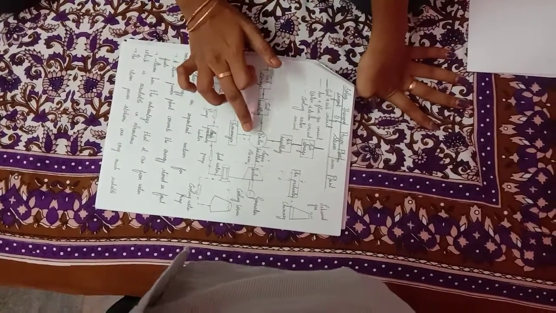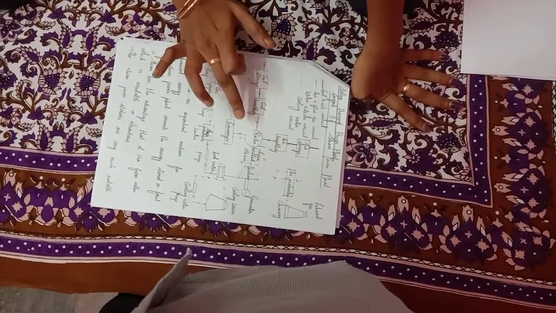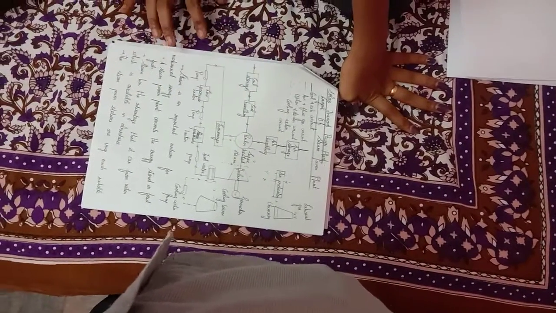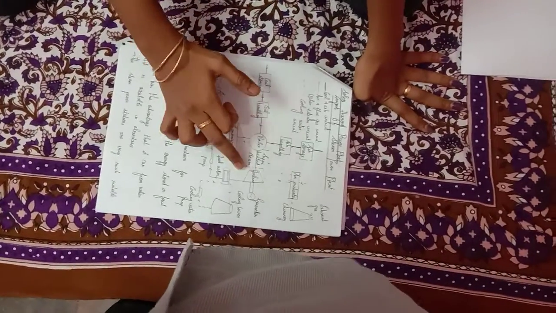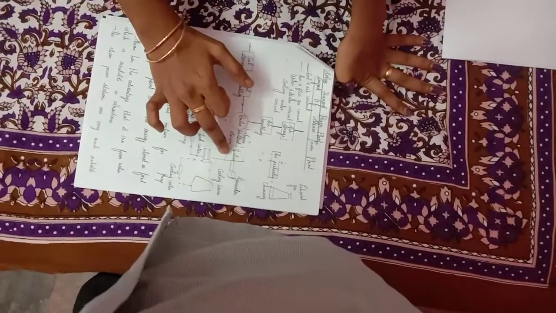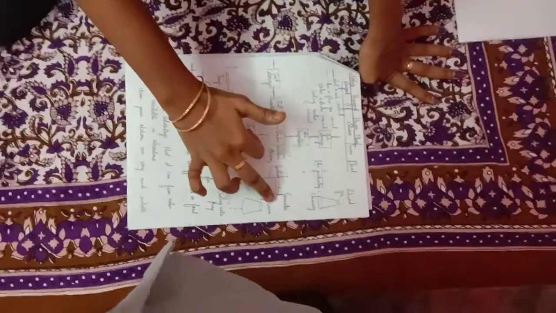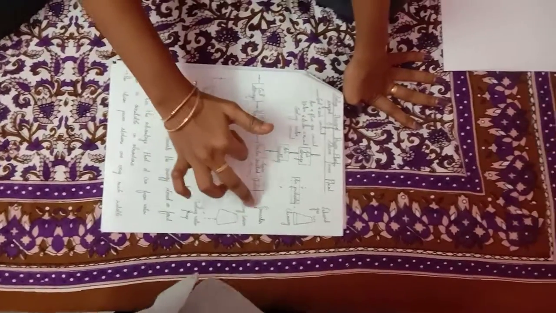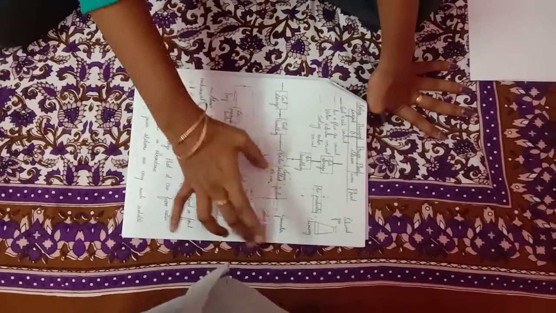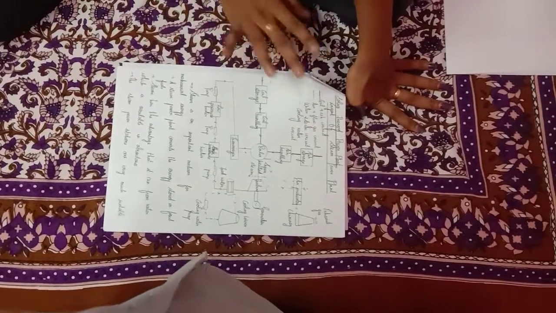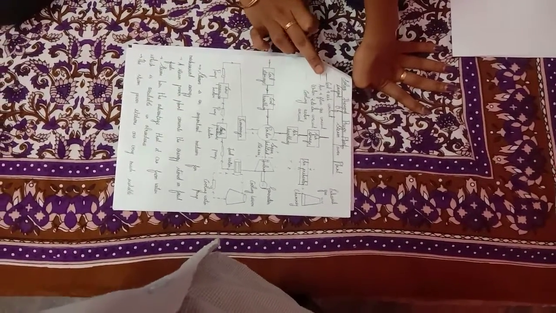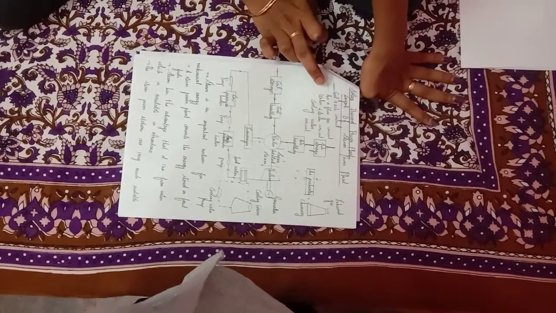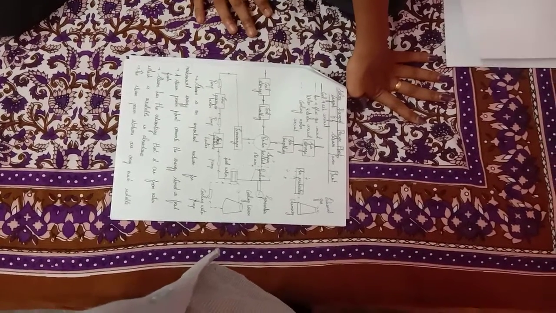The steam will be produced in the boiler and it produces heat energy. This heat energy will be directly converted to mechanical energy with the help of the turbine, and finally it produces power with the help of the generator. Using this generator only the power will be produced. So there are 4 parts: the coal and ash circuit, the air and flue gas circuit, the water and steam circuit, and the cooling water circuit.